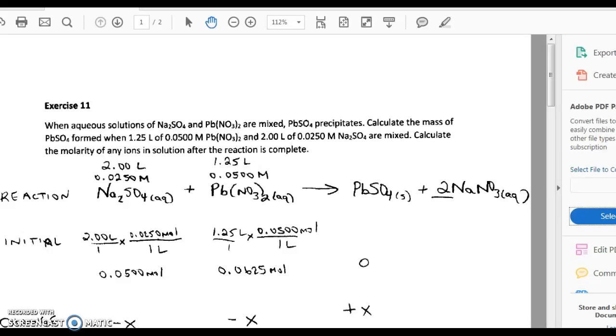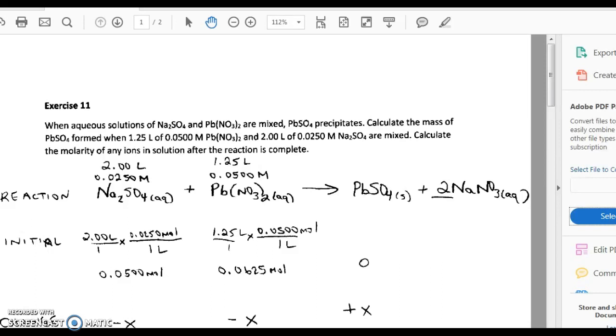Hi, this is Mrs. Westmoreland, and this is a method for calculating limiting and excess reactants in solution stoichiometry using more of a table method. So this is exercise 11 out of your solution stoichiometry notes, and we're looking at aqueous solutions of sodium sulfate